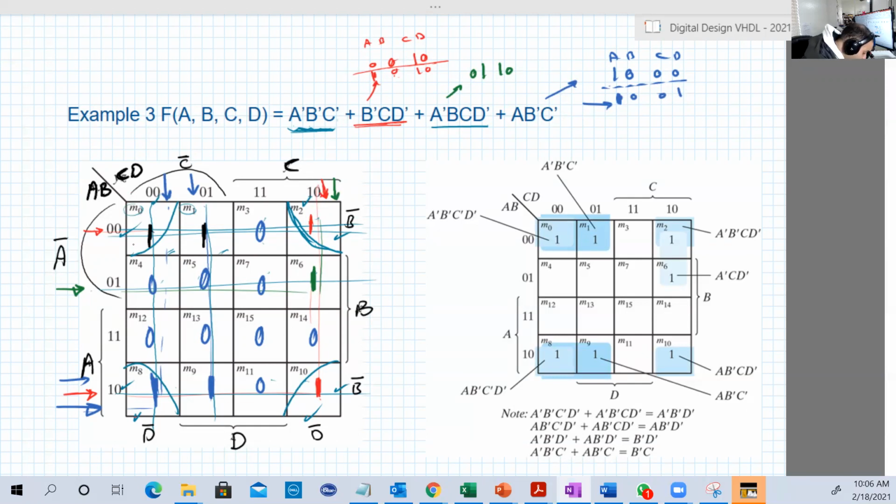So what this group will give us, let's see which is changing, which is fixed. These four corners are the first and last row, first and last column. First column and last column has D bar, no change. So it equals D bar, because it's not changing. First column and last column has C bar and C. So C is changing, we do not consider it. First row and last row has A bar and A. So A is changing, we do not consider it. But it has B bar and B bar. So B bar is fixed. So we consider B bar. Plus,